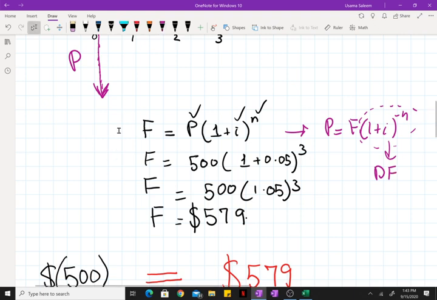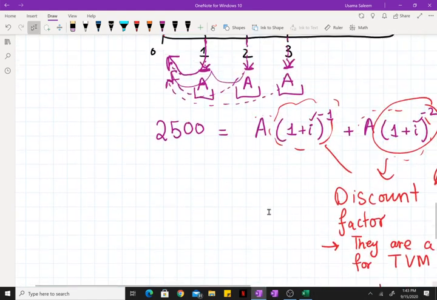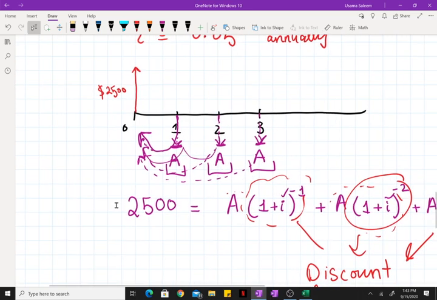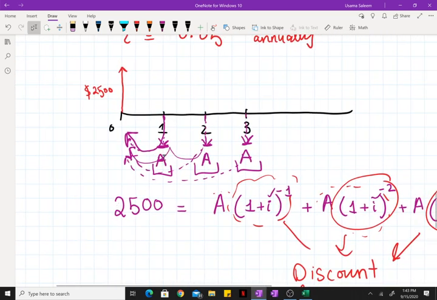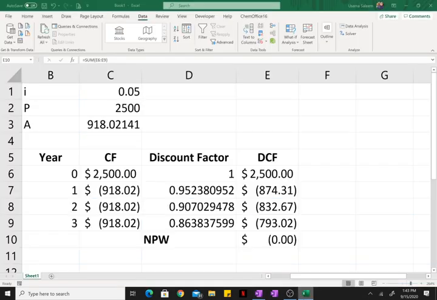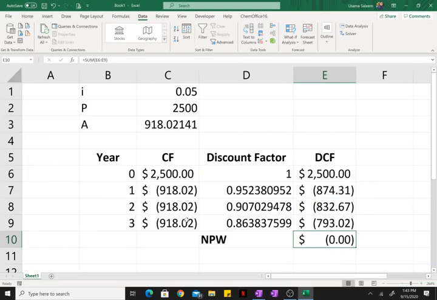There are other formulas. For example, this right here is a uniform series of cash flow payments, and there are formulas that allow you to compute this number A without doing detailed computations. But if you have a good command of Excel, you'll be able to get through any problem